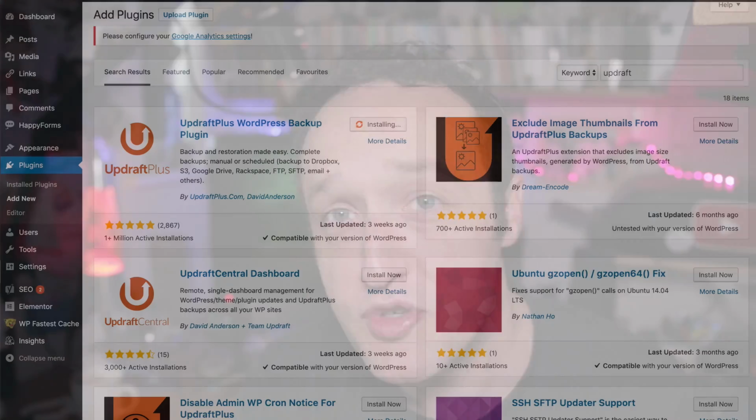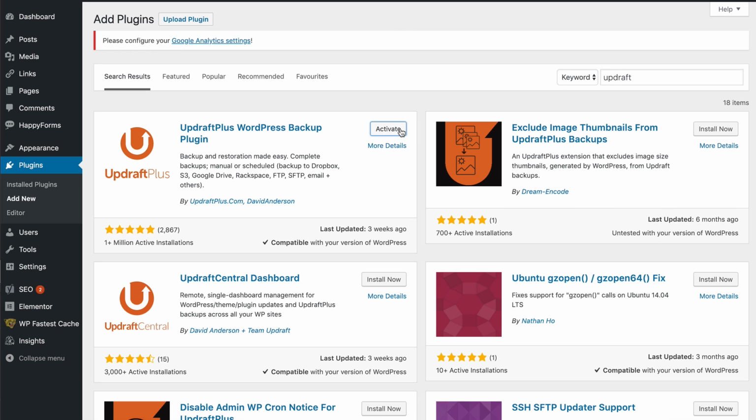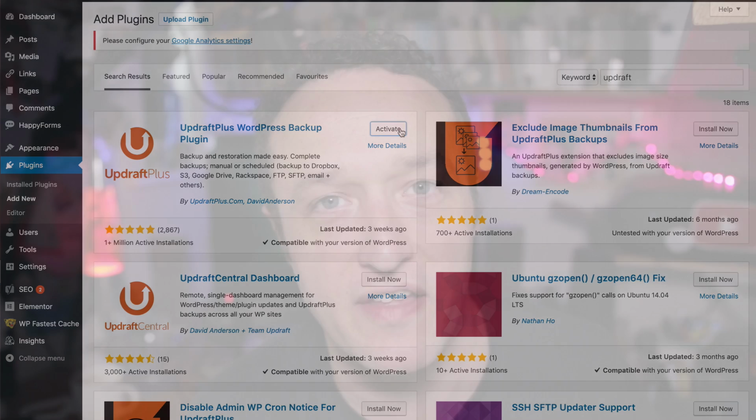The next plugin certainly is an essential one. You're probably going to want to install this on every single WordPress website you create. It's called Updraft and it does backups. I know, not very exciting or anything like that, but